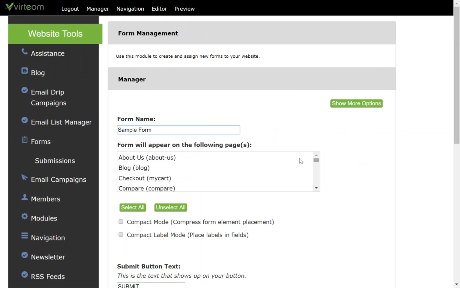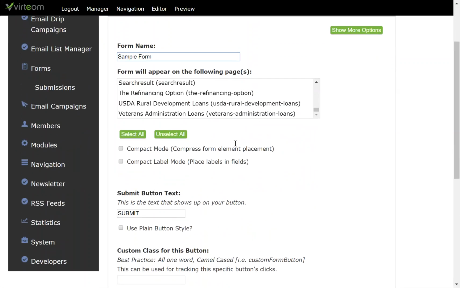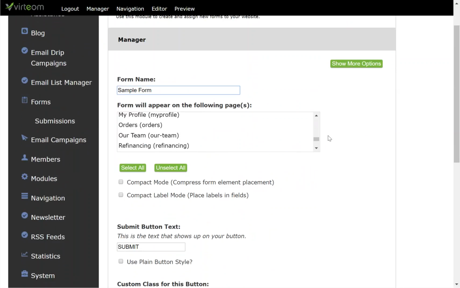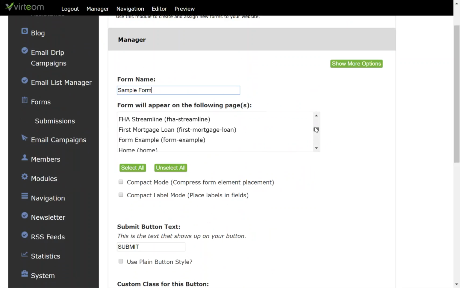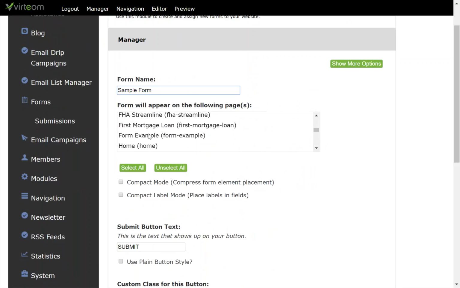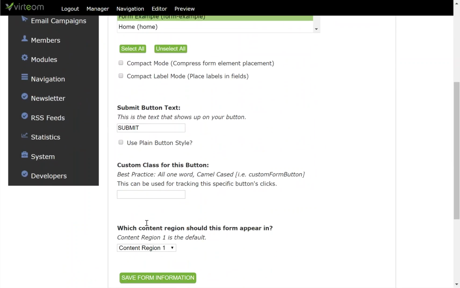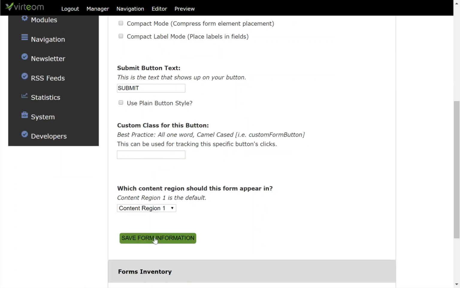And then, these are all the pages on your website, and I created a page in here. What did I call it? Form example. So I'm going to have this form show up on the form example page. You can see I'm actually on that page up here as well. And I'm going to leave everything at a default here for now, and I'm just going to hit save form